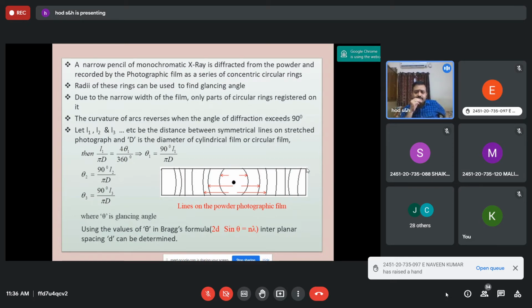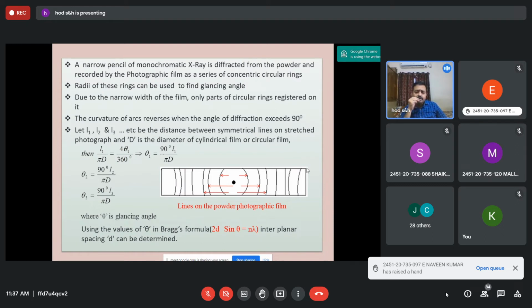So the Debye-Scherrer camera is a stainless steel chamber which has 2 holes. One is for the X-rays to enter and another for the X-rays to leave. And a cylindrical film is wrapped around the steel chamber so that it can record the X-ray diffraction. At the sample holder, you can place the given microcrystalline powder in a glass